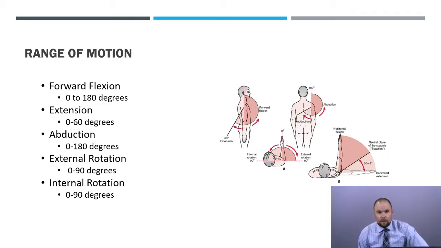motion. Typically you're going to see a decreased internal rotation. That seems to be the most common. So patients will state they can't reach behind their back. Female patients will be stating they can't undo their bras. They can't put their shirts on. Those are going to be some common complaints that you'll hear as far as the range of motion